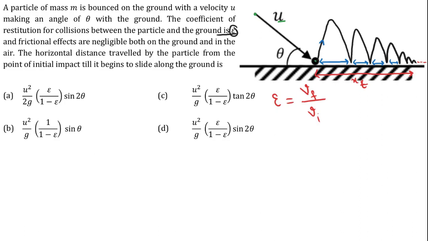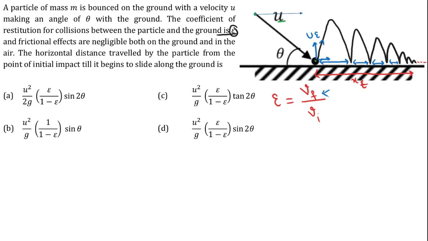But from here, we already know that the velocity here would be u times e. The velocity here would be u times e. But of course, there is only one velocity at this end and the other velocity at this end, which are linearly independent. So, resolving the initial u into two components,